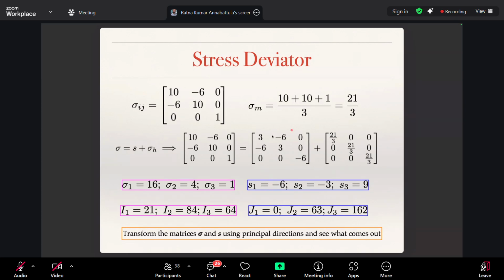Similarly, for a deviatoric stress tensor, the invariants can be either the eigenvalues of the deviatoric stress tensor, or the trace, the sum of the principal minors, or J3, which is the determinant of the deviatoric stress tensor. So the first invariant of a deviatoric stress tensor will always be 0.